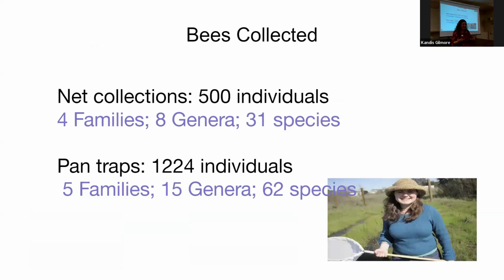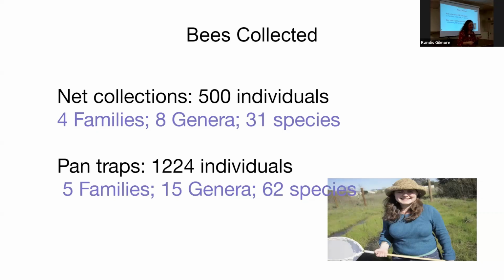And from that, I collected a lot of individuals. From net collections, I'm just going to focus on bees because there were a lot of different insects. But for bees, I found bees from 4 different families, 8 genera, and 31 species collected directly off of